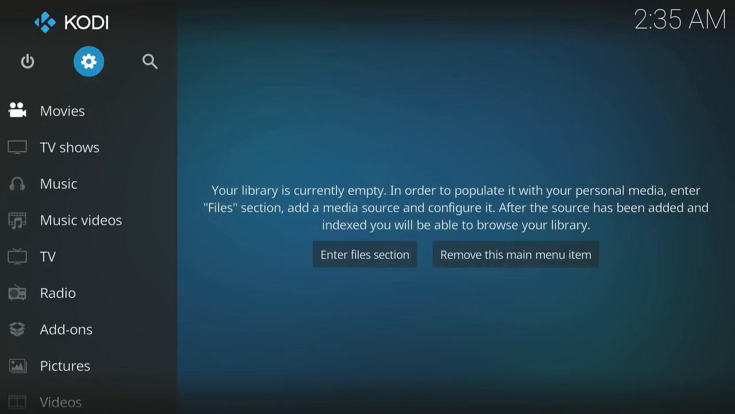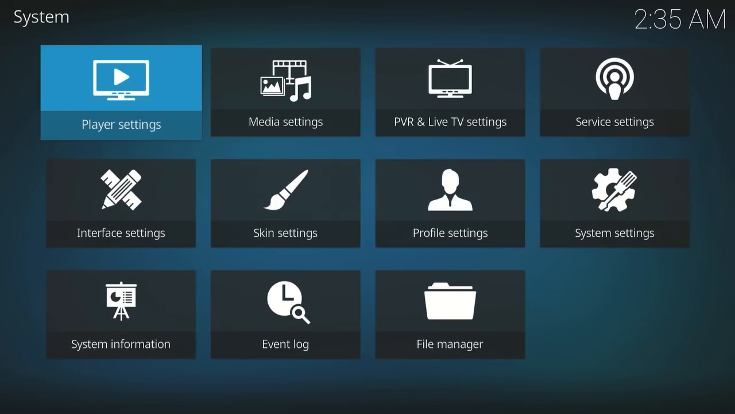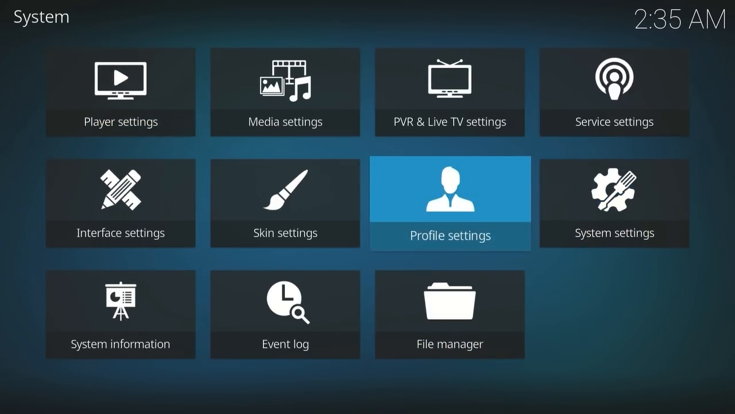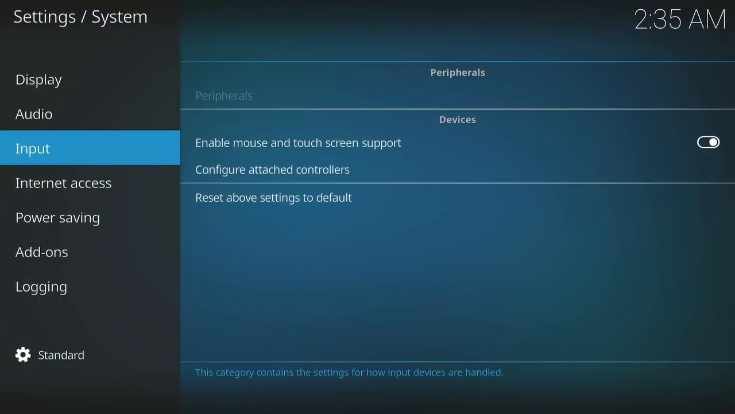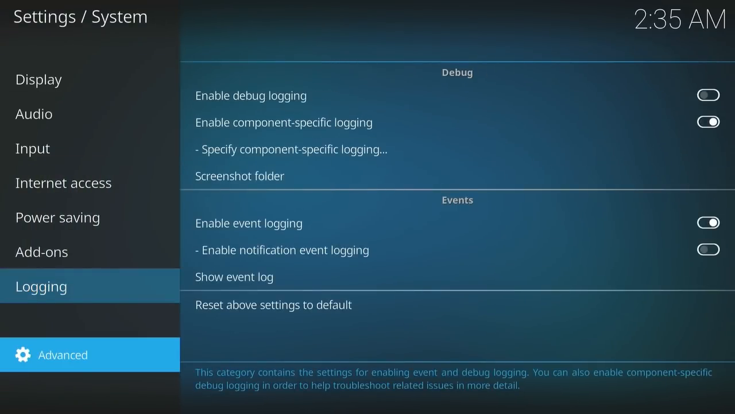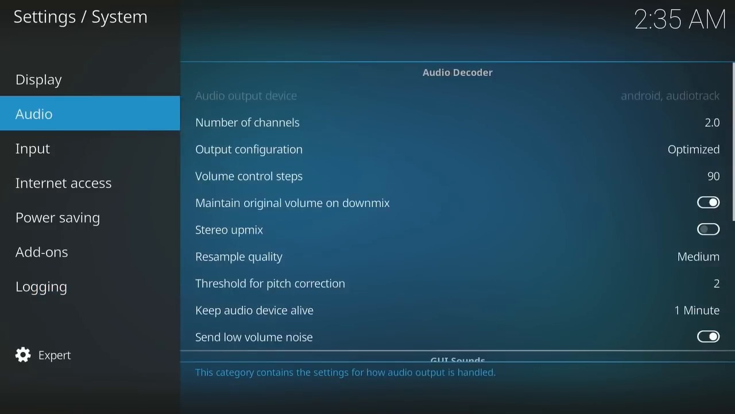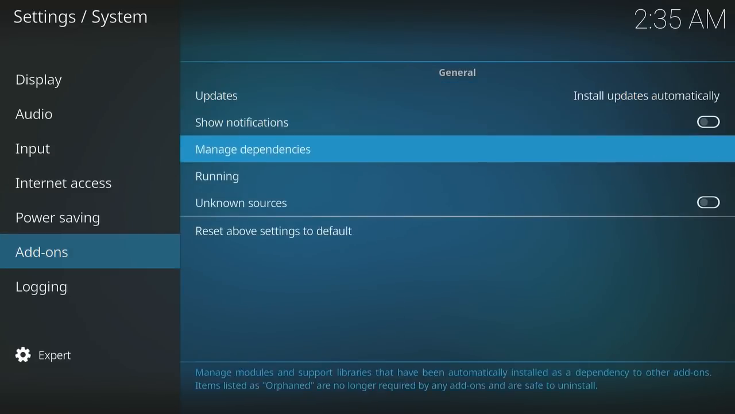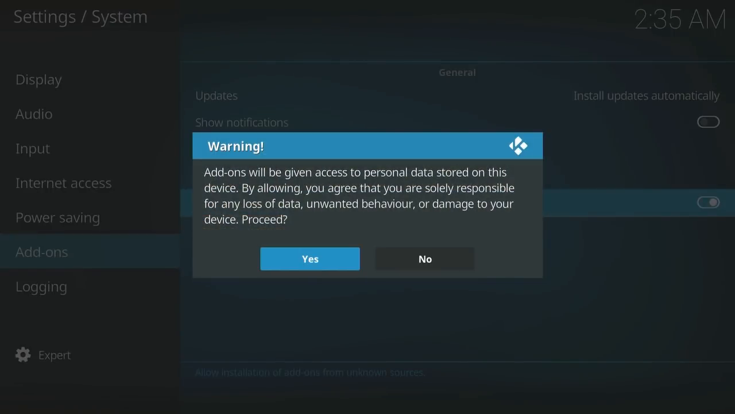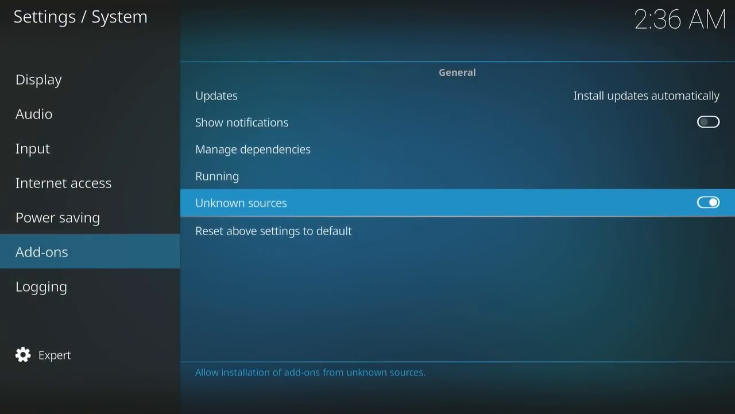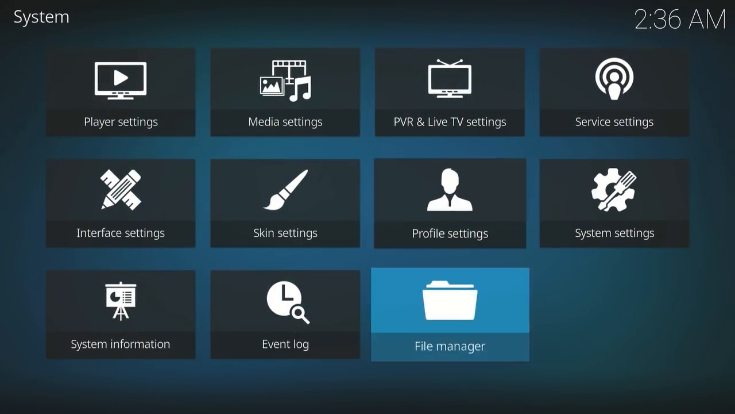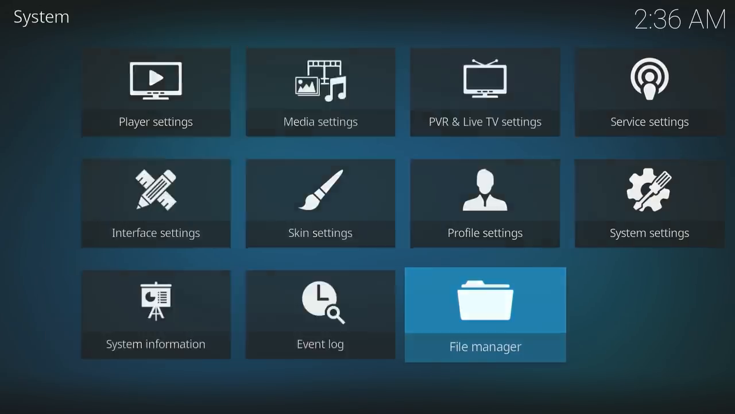Nothing's installed. The first thing we're going to do is go to the middle cog at the very top. That's your settings. And we're going to go to system settings. And we're going to go all the way down to where it says standard and click that twice, changing your setting level to expert. And we're going to go up to add-ons and then over to the right to unknown sources and turn that on. Turning on unknown sources allows us to install third-party add-ons that are not installed by default into Kodi, such as Kodiflix. After that, we're going to go to File Manager,